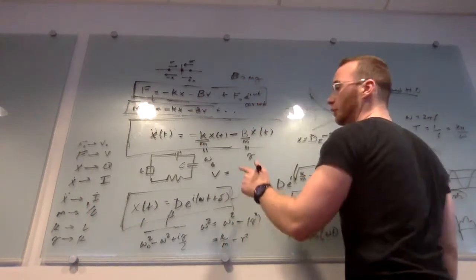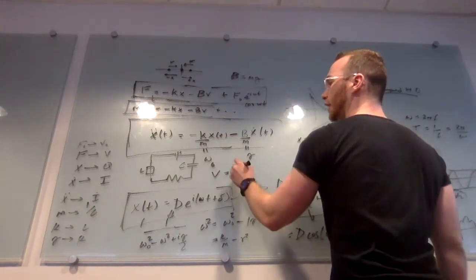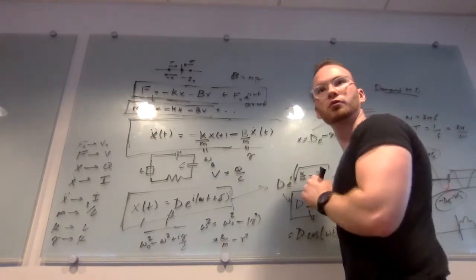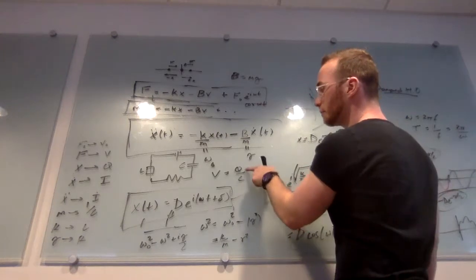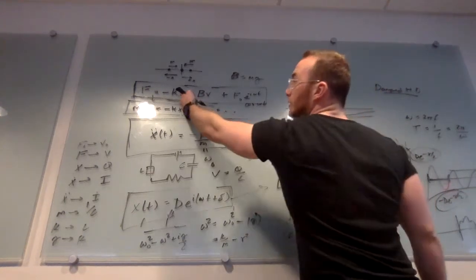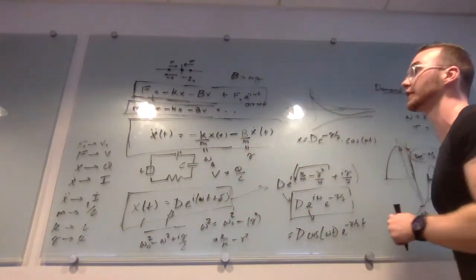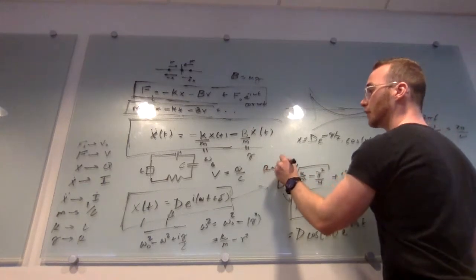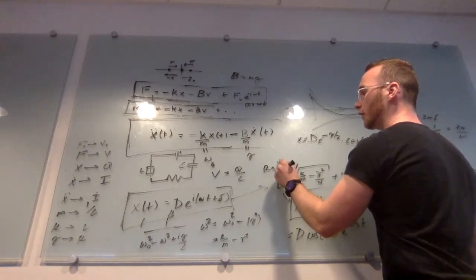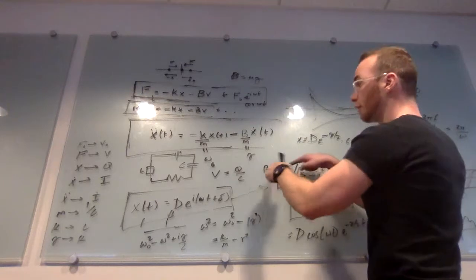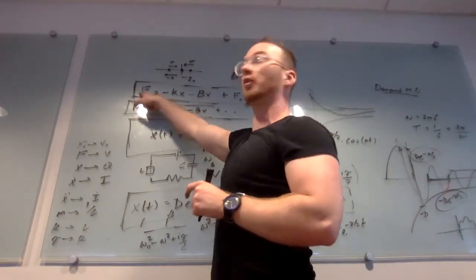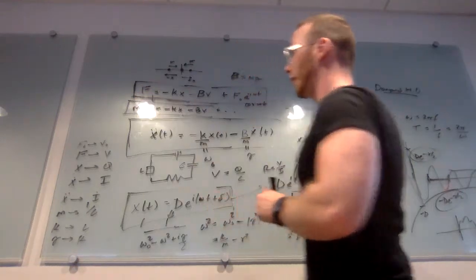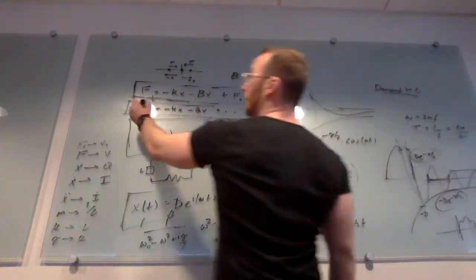I think that's actually what it should be. Voltage is like Q over C, right? Is that true for a capacitor? Anyway, it's something like this. And this is kind of like this. I mean, you have to make some adjustments with minus signs and stuff. And then the resistance is V over I, right? If you manipulate these a little bit, and you say voltage instead of force for this whole thing, then F equals ma is like